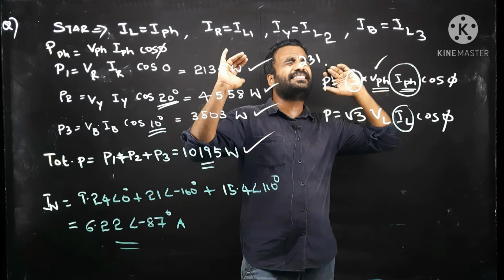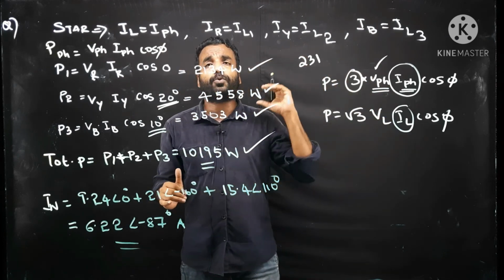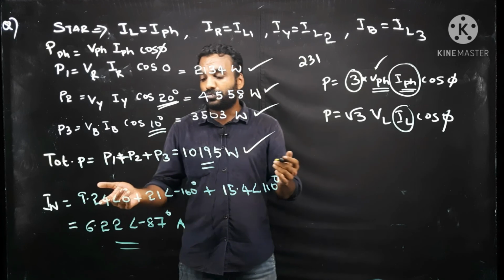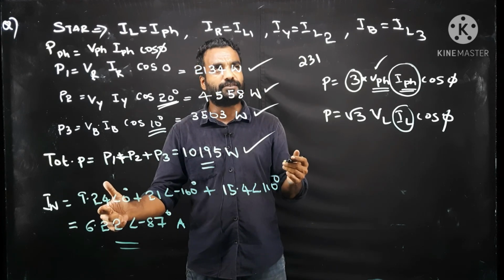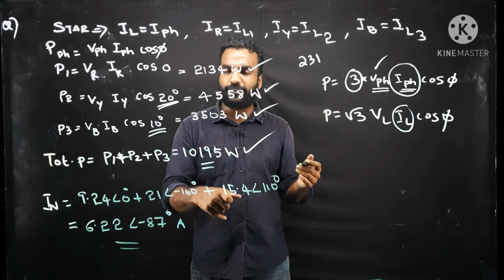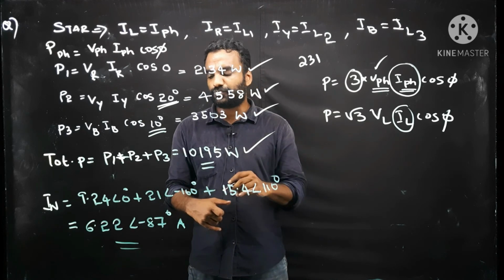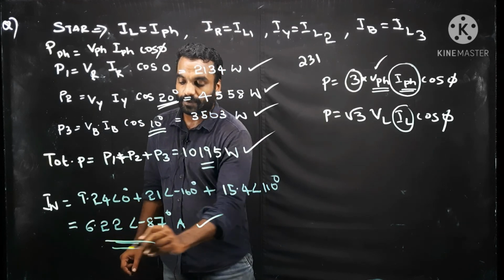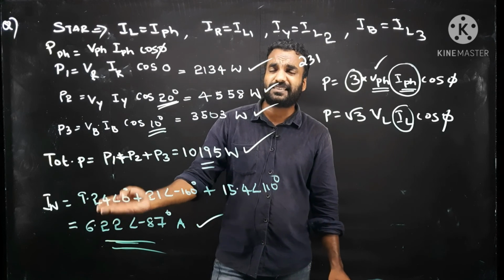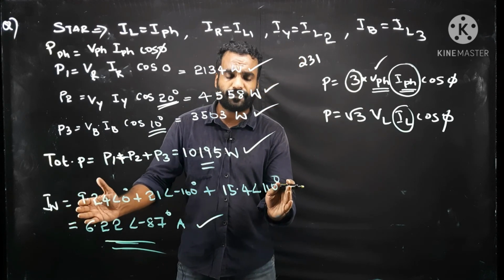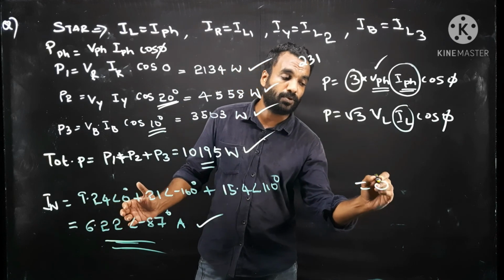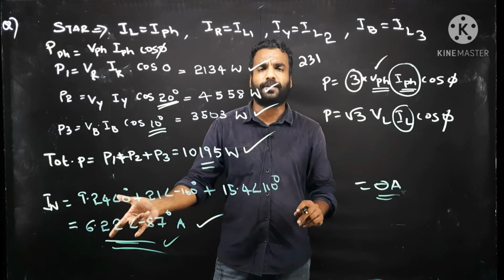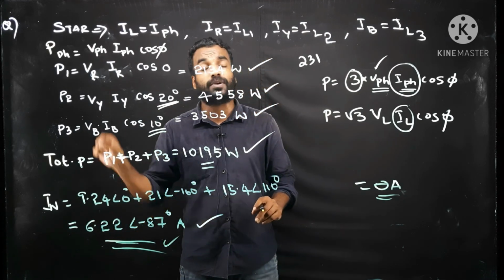Okay. As this is an unbalanced load, you have to take the neutral current because some current is there in the neutral. It is not balanced. So please sum I phase 1 plus I phase 2 plus I phase 3. All three currents should be added. You will get some small value. That is the neutral current. So what happens if it is a balanced load? Even if you sum in the case of a balanced load, you will get 0 ampere. But as it is unbalanced, you are getting a small value in the neutral. So this is the issue with unbalanced load. Neutral current will be present.